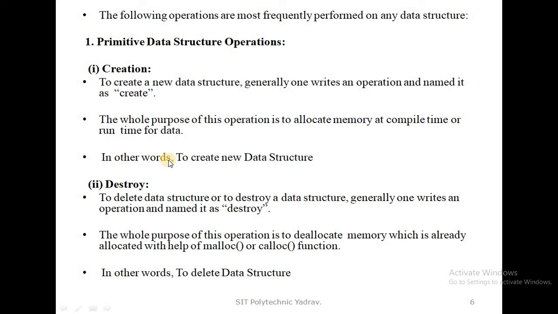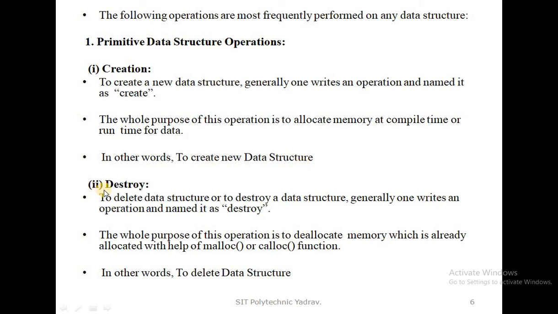In other words, the create operation is mainly for creating a new data structure. Using the creation operation, we create a new data structure.